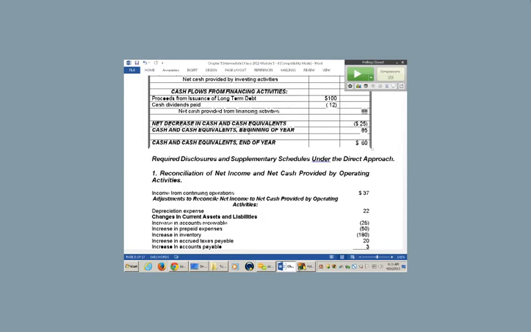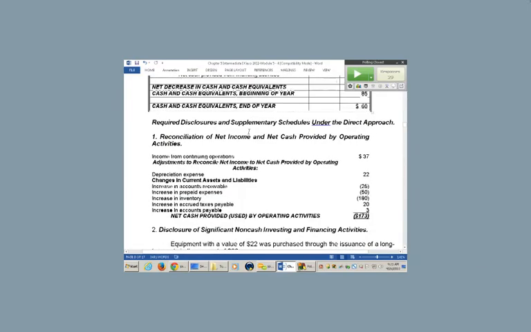And this is where a lot of people who advocate the direct cash flow say that, well, it's kind of nonsense to argue that you can't follow this, because in the footnote, we have to give you exactly the same numbers you see on the indirect basis. So we basically take exactly the same numbers that you're going to use for the indirect method. We start with net income of 37. And where does that come from? Of course, that comes from the income statement.